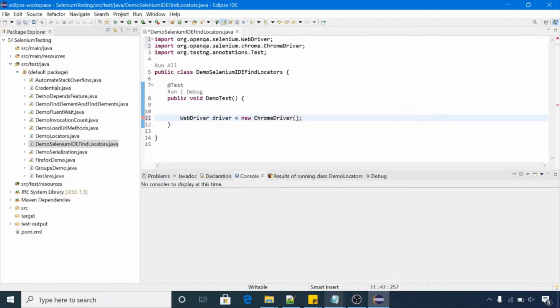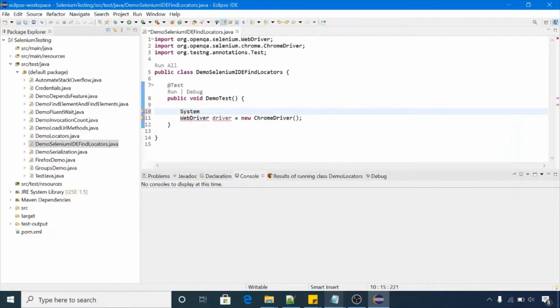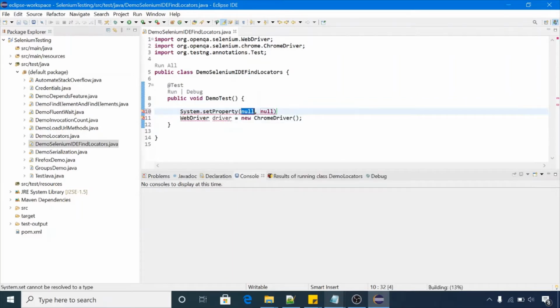For that we need to set the property of Chrome driver.exe: System.setProperty, and in the key we need to pass webdriver.chrome.driver.